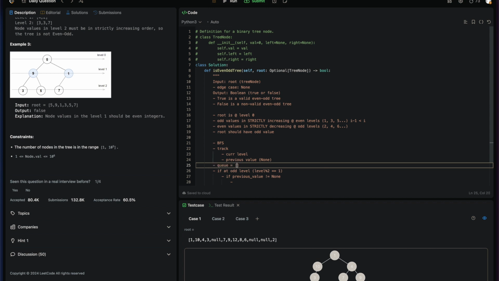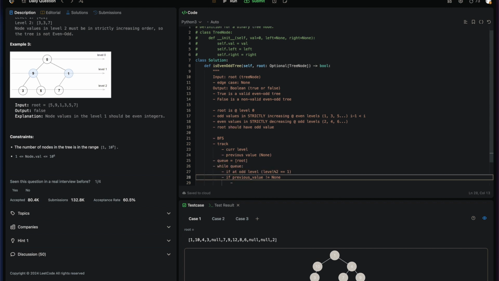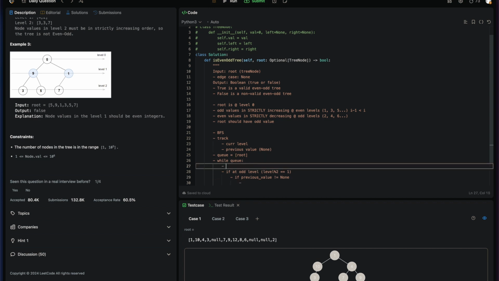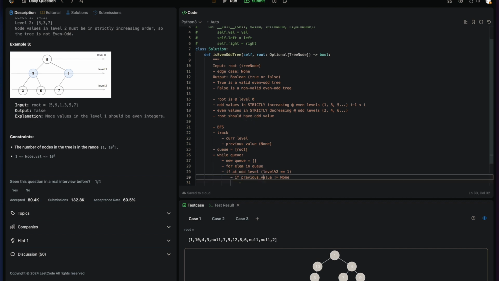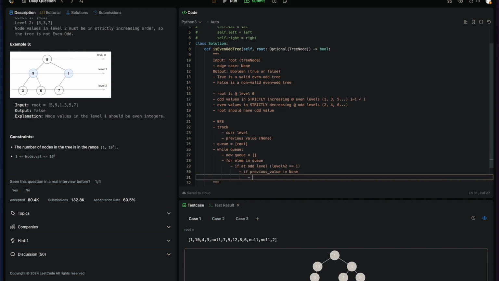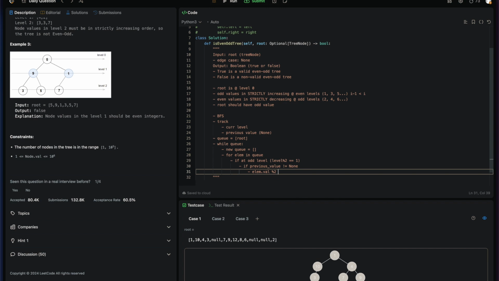First we need to create a queue with the root, and then while queue, create a new queue, and then for every element in the queue, if at odd level, if value is none, if element dot val mod 2 is not equal to 0